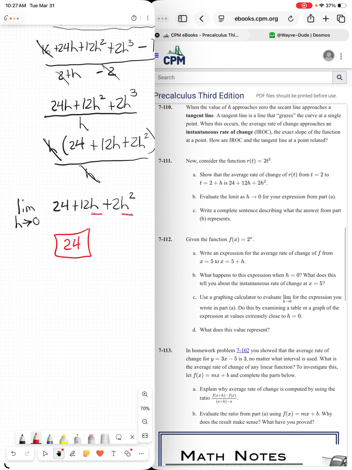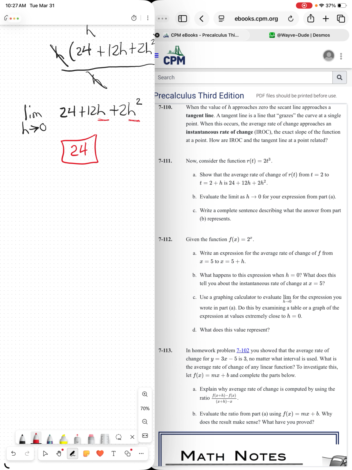So we're going to do this again on 112. So we have now 2 to the x. They want us to do it at 5 and then 5 plus h. Okay, so you put 5 into the function, so you would have 2 to the 5th, which is 32. And then you plug this into the function, you'd have 2 to the 5 plus h. Okay? And I'll help with that, right? So 2 to the 5 plus h. So we're going to do that. That's 32